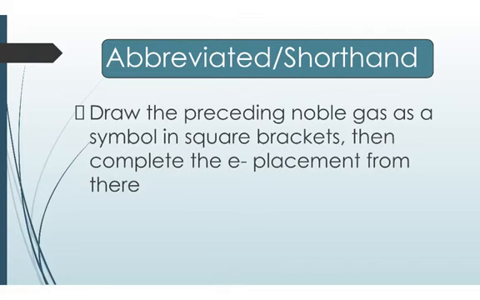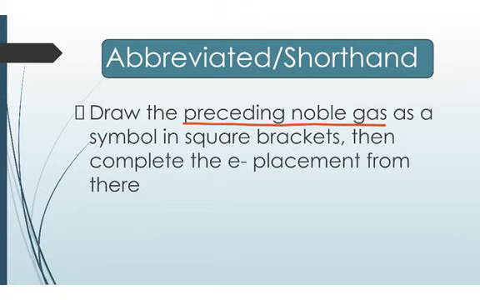All right. Now, let's think about if we had to do something with far more electrons, isn't there a more practical way to do this? The answer is yes. We can do something called an abbreviated or shorthand version of these pictures, either the electron configuration or the orbital diagram. The way we do this is we use the preceding noble gas, and this just means the one that comes before our element. So we would go up a row, and then remember the noble gases are the last column